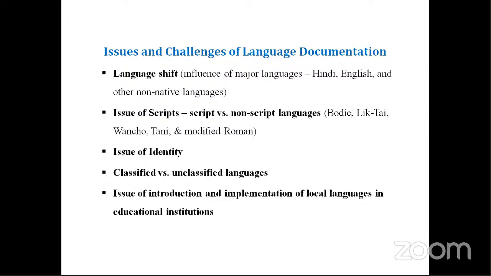Some of the scripts that we find are the Bodic script and the Liktai script. Bodic is used by the Mahayana groups, like the Monpa, those Buddhist groups. They use this Bodic script. Liktai is used by the Khamti, the Tai Kadai group. Wancho is a very recent script which is already being used by the Wanchos. Tani Lipi, though it was meant for the Tani group of people,